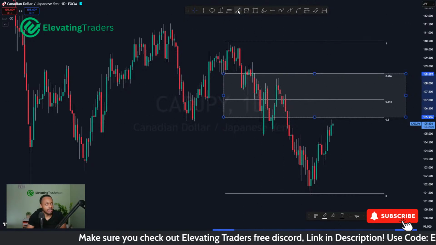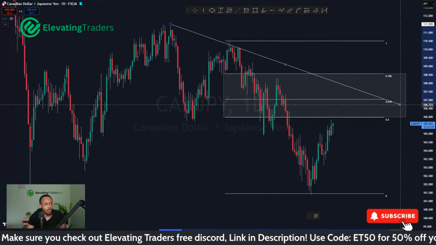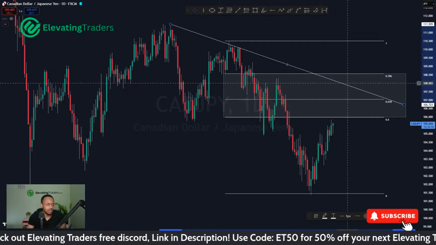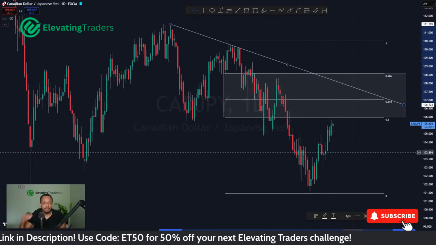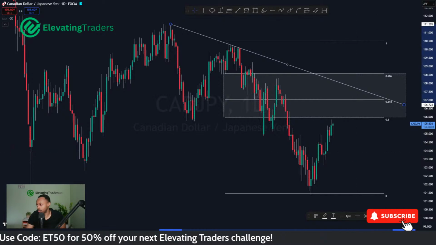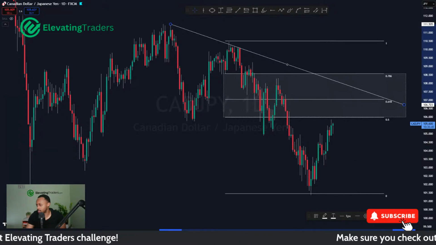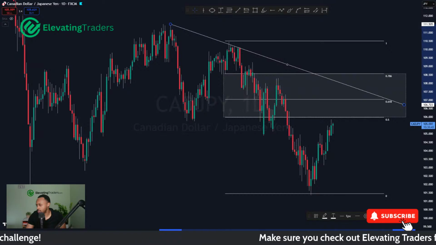Again, there's a trend line here, which price may push into and test as well. So we might even see a much deeper pullback. But anywhere in here, I think a lower high could form for CAD yen. In the meantime, buys do look good. I think you said you're looking for a short-term play, Himanshu. Where's your message? Okay, there it is.